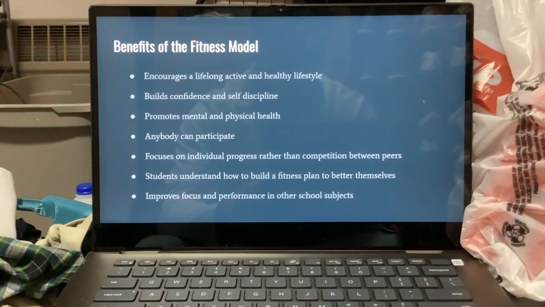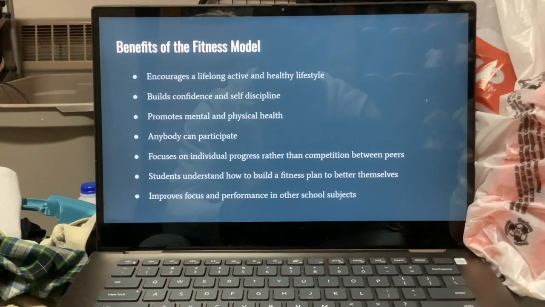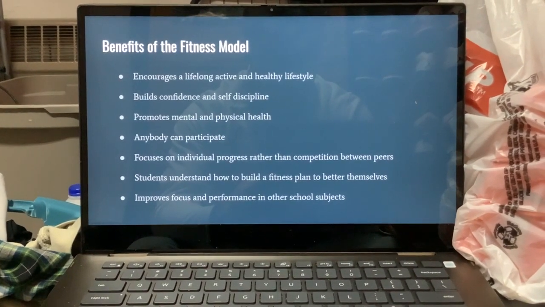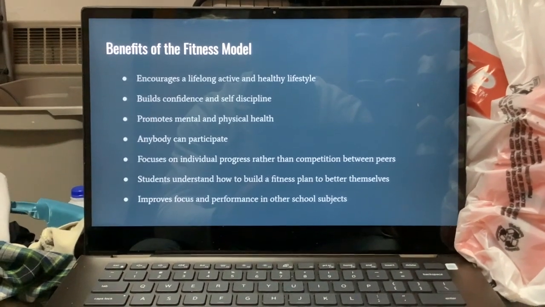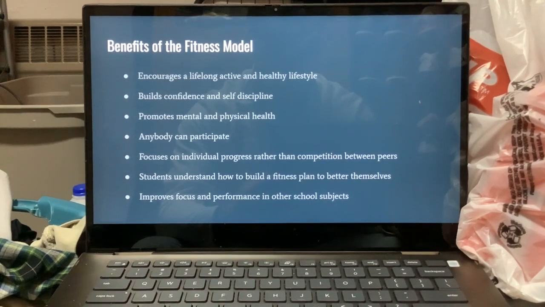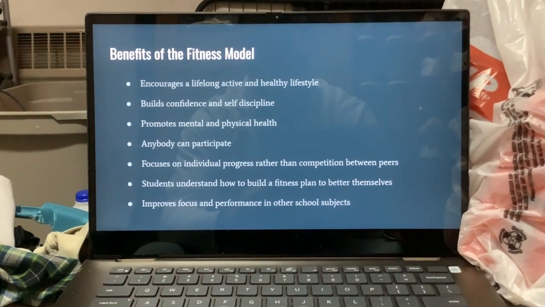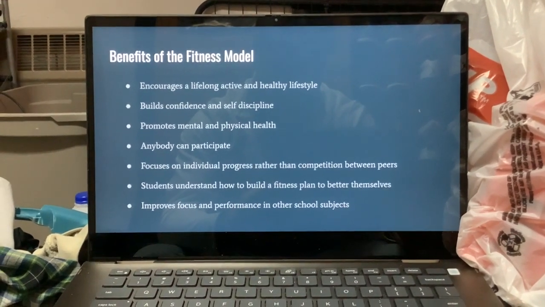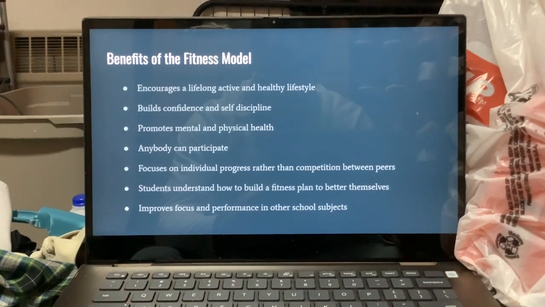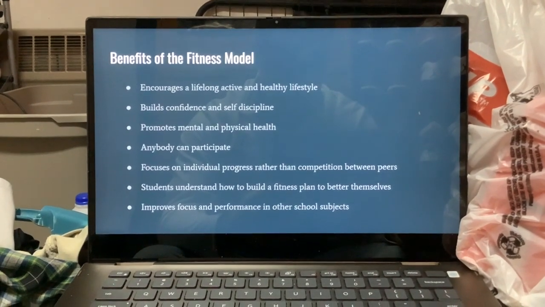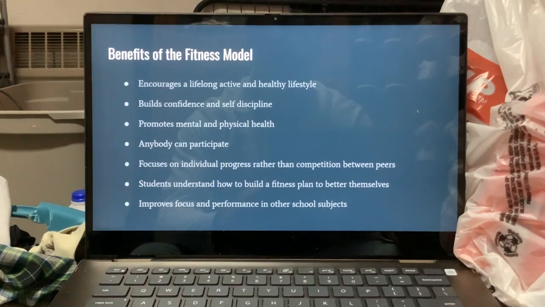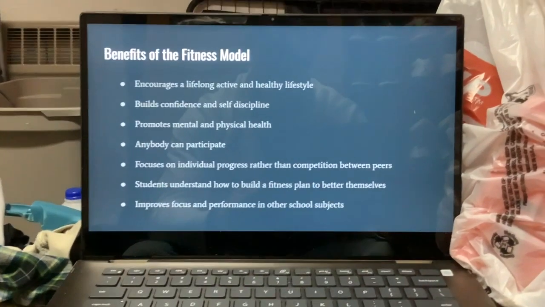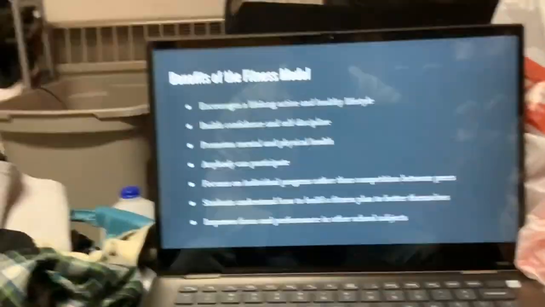So that progress can be very motivating and appealing to many students. Students understand how to build a fitness plan to better themselves, kind of what I talked about earlier. We help them build SMART goals and how to achieve them. Improve focus and performance in other school subjects. That's kind of what I talked about earlier as well with the mental health one. It's been scientifically proven that your focus goes up once you're healthy, and that's a big benefit for being involved